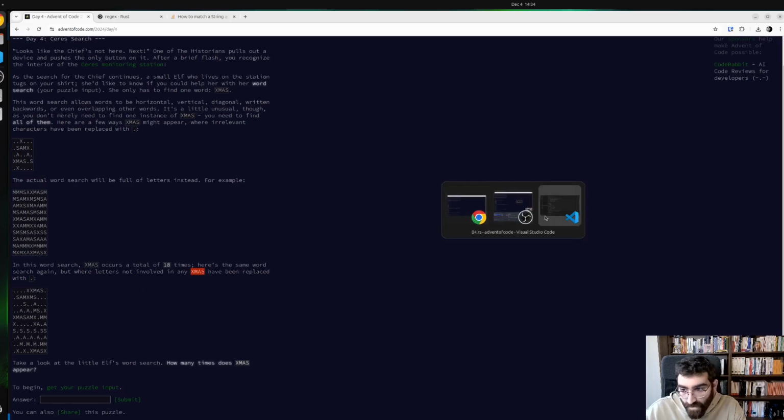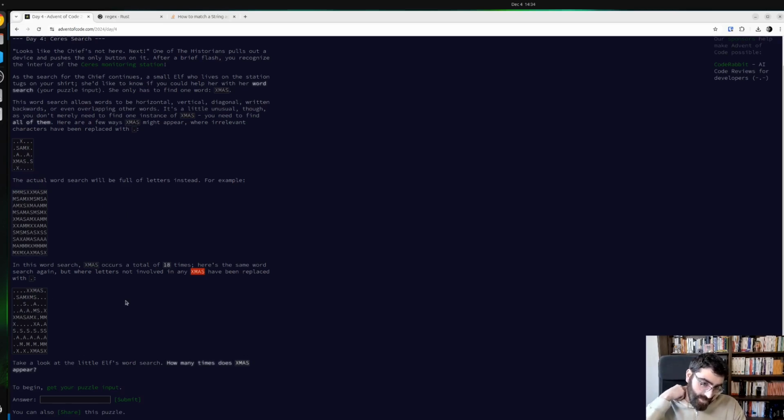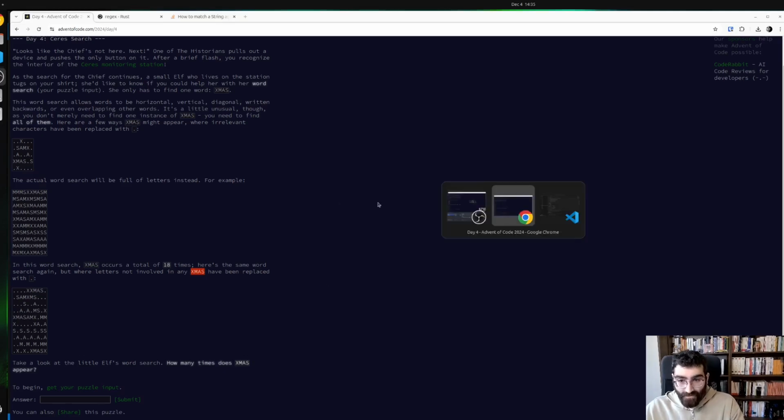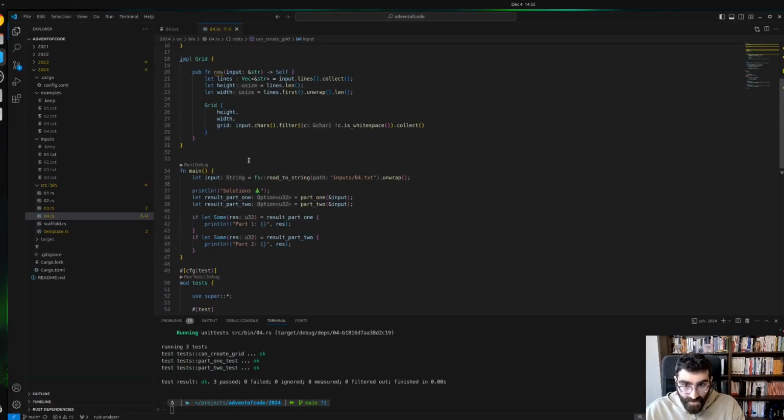So we can do it in passes. First we remove every X which doesn't have any M's around. Same thing, then we remove every M which doesn't have any X's around. We remove every A which doesn't have M's around, and we remove every S which doesn't have A's around, and then we count the S's remaining. So we can write a pass for this, and I think I have an idea, so I can just